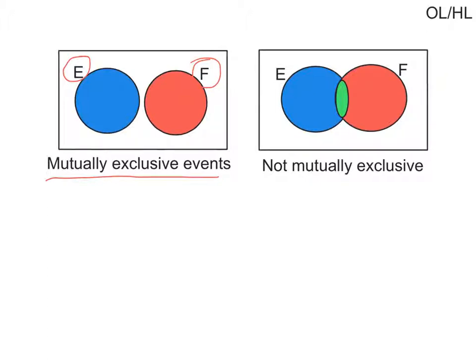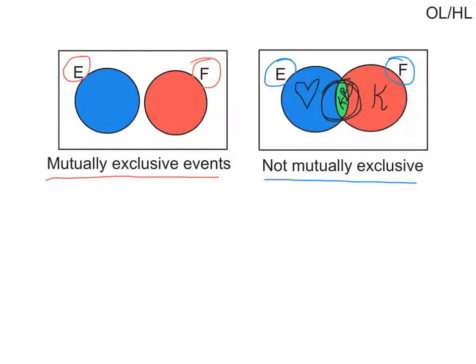In comparison, for not mutually exclusive events, event E and event F have an intersection on the Venn diagram. For example, event E could be drawing a heart from a deck of cards, and event F could be drawing a king from a deck of cards. If we drew the king of hearts, it would lie in the intersection, as it fulfills both event E and